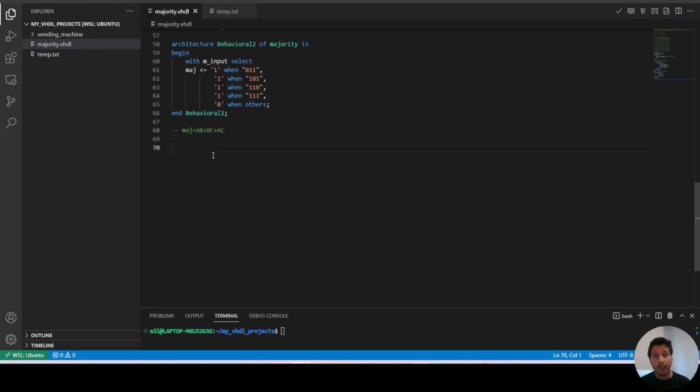Another way to express the logic of our circuit is using a Boolean function like this. This can come up as a formula that you're given as a circuit, or you can extract this from the truth table. So the idea is that we can turn this formula into statements that can describe that directly into the architecture. So let's write another architecture block. I'm going to call this one behavioral 3, and this is majority,